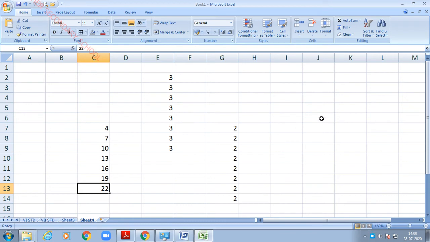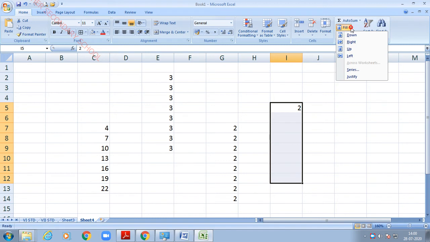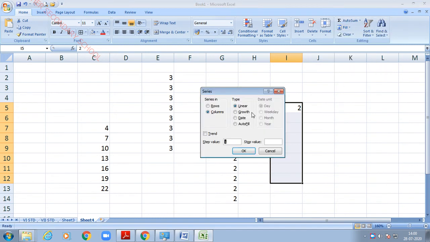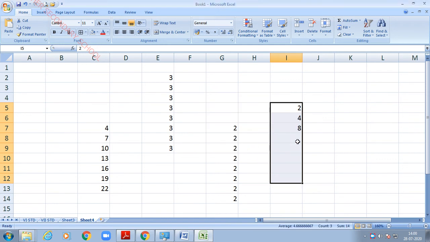In the same way you can use the growth option. Let us see one by one. I'm going to give a value 2. Select the cell, then give the fill option, then click series, then choose growth. Growth means, as I told you, multiplication. So I'm going to give 2, then here I'm going to give a stop value 10. Okay, wow. So 2 twos are 4, 4 twos are 8, 8 twos are 16, but we have given the stop value as 10, so that's why it has stopped at 8. I hope you all understood this.